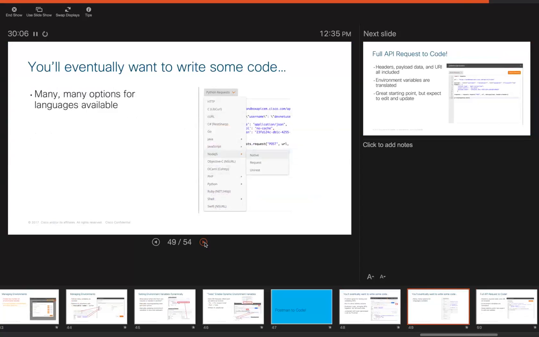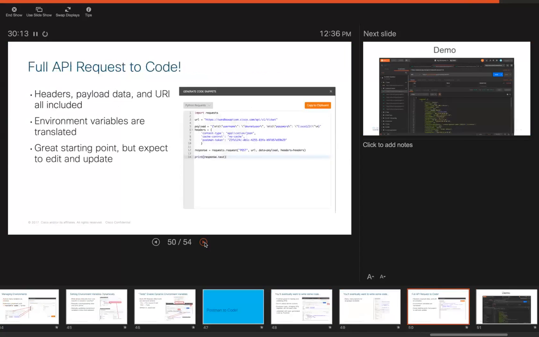Cisco leans a little more towards the Python side, but there are other programming languages available. What you're seeing here is a display of taking one of our API calls to the APIC-EM and turning it into Python code, and with a little bit of massaging, not too much, we have a piece of code that we can copy and put into a larger Python script.